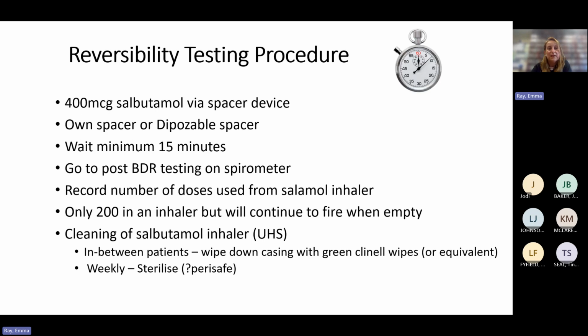So the reversibility test procedure is exactly the same. So you're given 400 micrograms via a spacer device. They could use their own spacer, so it's a good opportunity just to go through inhaler technique with them, or you can use a disposable spacer. I always say hold it like a sandwich. So you've got your fingers and your thumb on the white bits, because it tends to fall apart, doesn't it? So if you get them to hold that, I usually say to them,